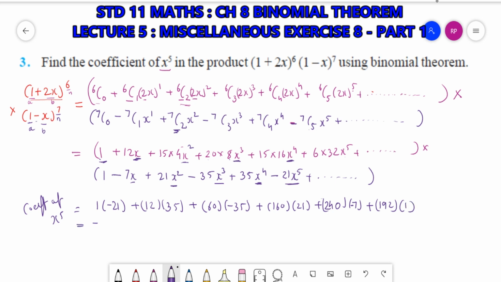So 1 into minus 21, minus 21. 35 into 12, so 420. 60 into 35, 2100, minus 2100. 160 into 21, 3360. 240 into 7,